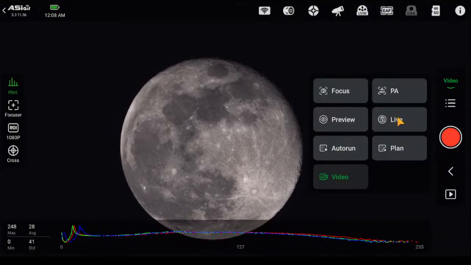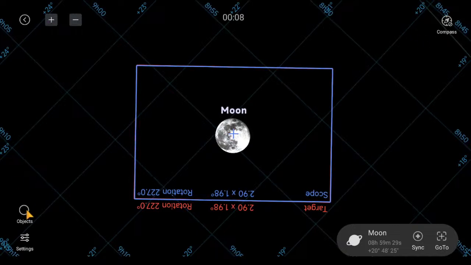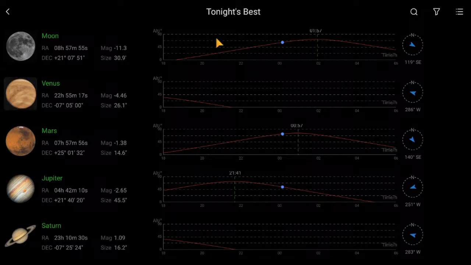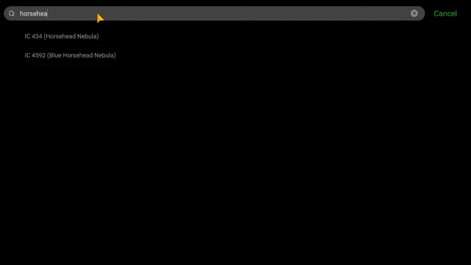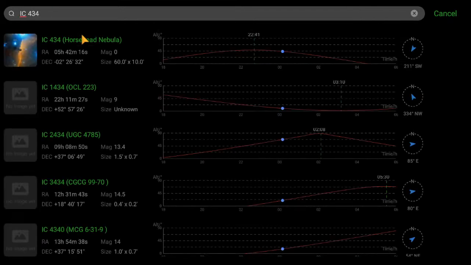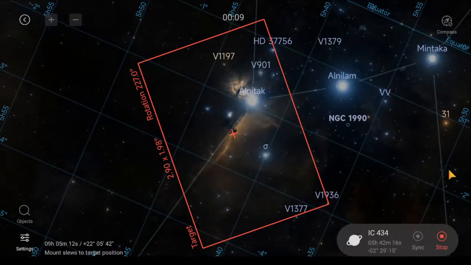So let's go check out the Horsehead. That one's pretty high. Look at that. See, it's still pretty high in the sky. Let's go to this guy. Let's go. All right.